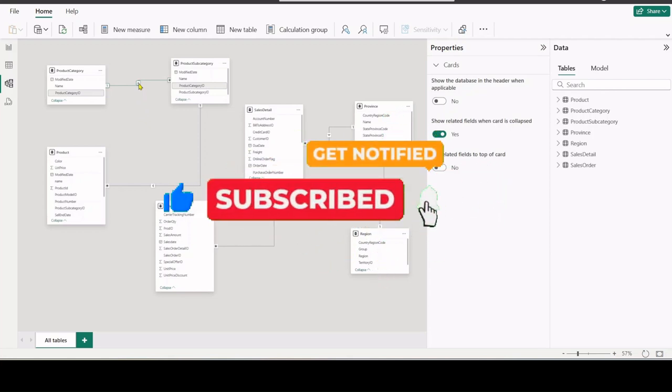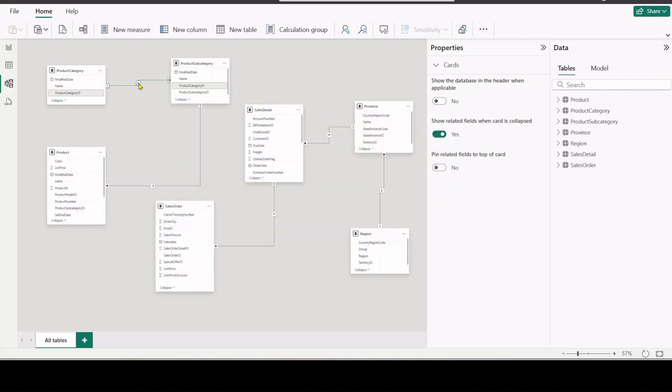The moment we import the tables into Power BI, Power BI will automatically detect the relationship between these tables. The reason Power BI was able to detect the relationship between these two tables is quite simple: the relationship column shares the same name. But this could not be the condition for every table.